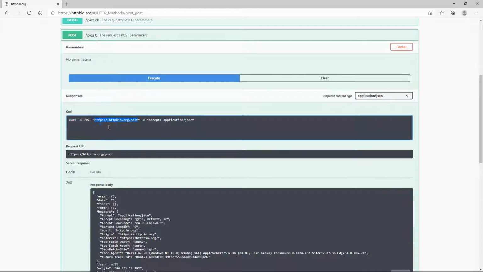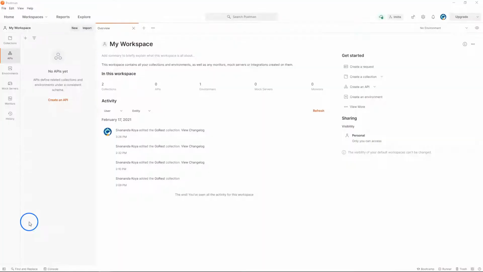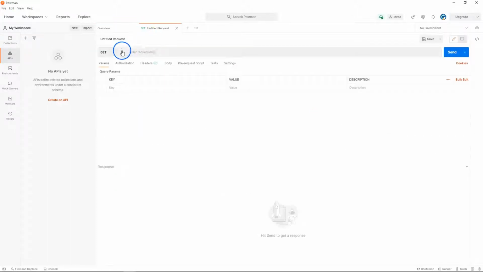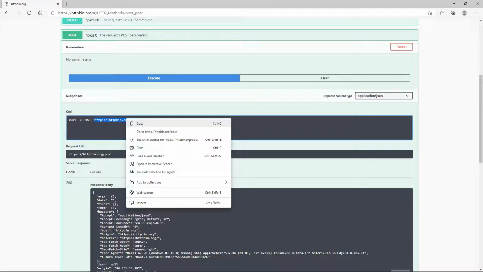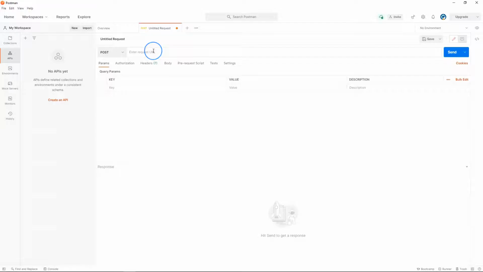Next, I'll show you how actually this API works in another free tool called Postman. Let me go ahead and open Postman. This is the look and feel of the Postman software, extensively used for API testing. As I mentioned before, I will be using the free version. Make sure you are in the API tab. Let's add a new tab. Today we are concerned about post method, so I will select post. I will copy just the endpoint from httpbin.org and paste it here in Postman software.